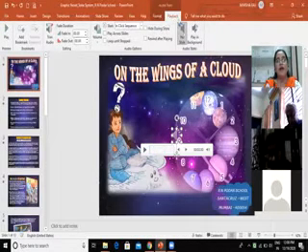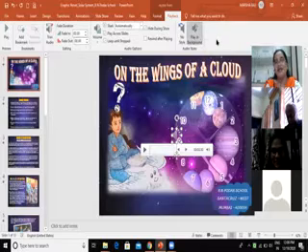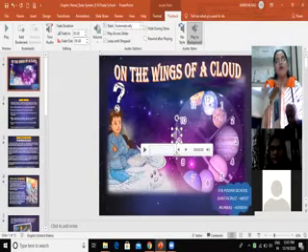And from the playback tab, now you can see here, the audio styles option group is appearing. So we have two options here, play in background and no style. Since I'm going to run it in the background, I'm going to choose this option, play in background. Once I choose this, from audio options, I'll choose start. And again, I will select automatically. Once you select play in background, these options already automatically get selected.